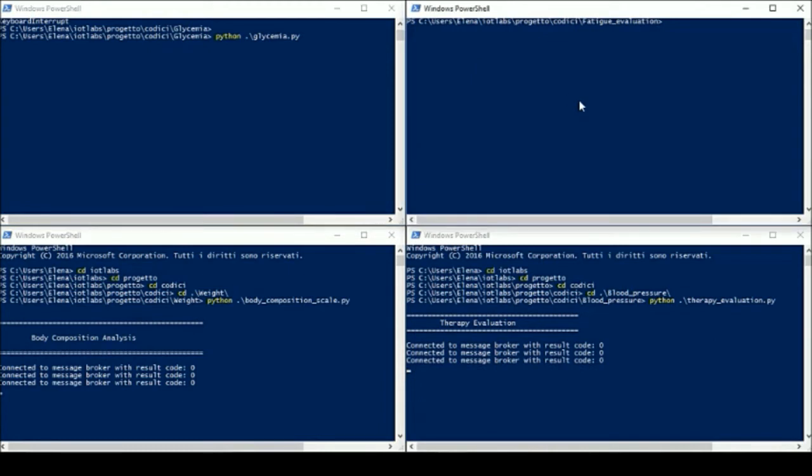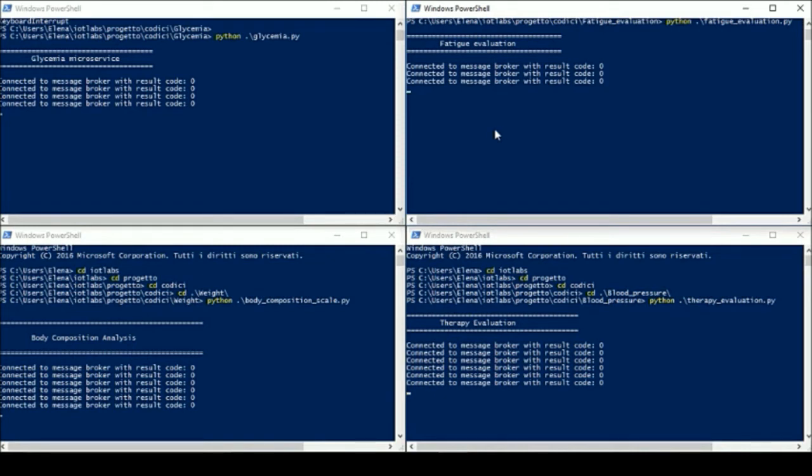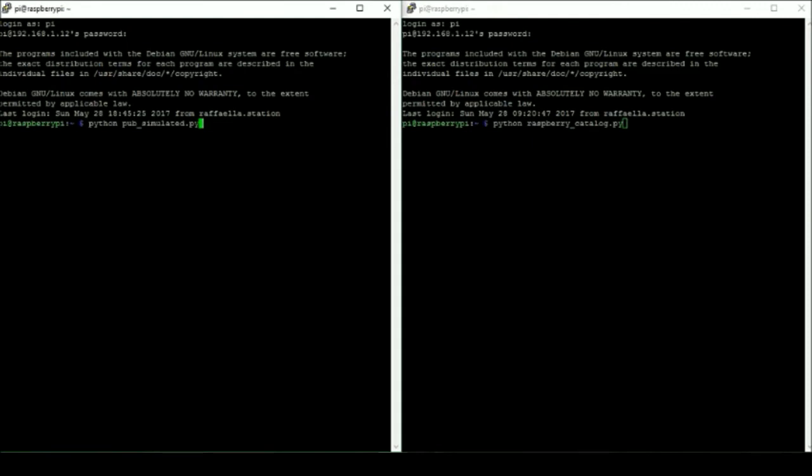Let's now move to a cleaner screen so that we can understand better how the microservices related to the IoT devices work. The microservices that we have here are glycemia, body composition scale, fatigue evaluation, and therapy evaluation. On Raspberry Pi, we will follow what happens with the publisher and with the script that updates the catalog. For demonstration purposes, we are publishing fake data each 90 seconds in order to simulate the arrival of the data